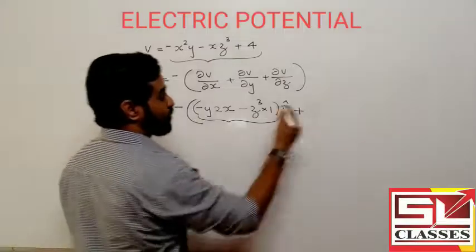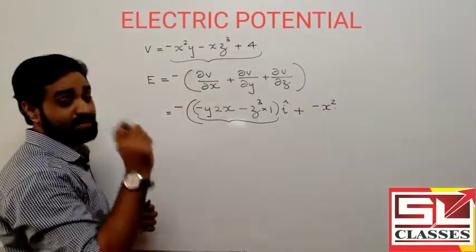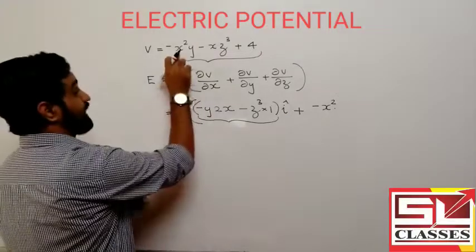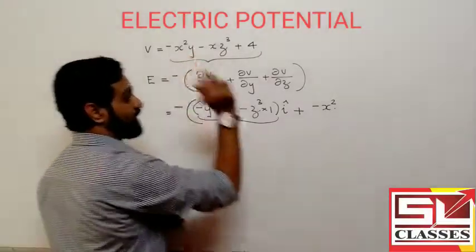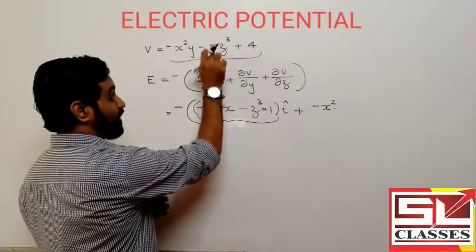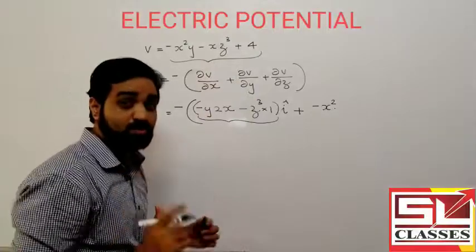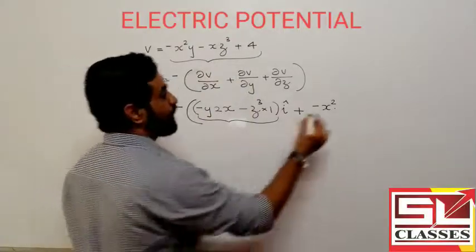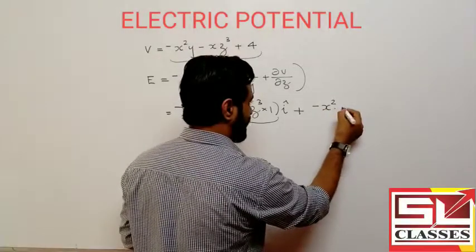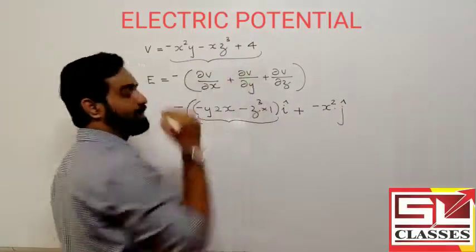Minus x square is a constant, so next is minus x square. When we take the derivative with respect to y, then take x as a constant, then the derivative of y is 1, so into 1. Then all other terms, this is a term without y, this is again a term without y, so these two terms are only constants, then the derivative will be 0. So this is minus of x square in j cap term, that is the derivative along y.